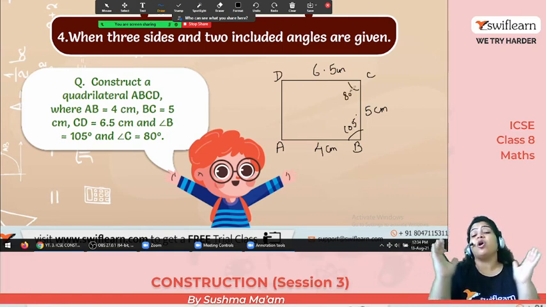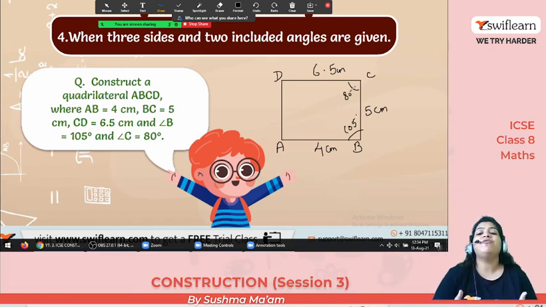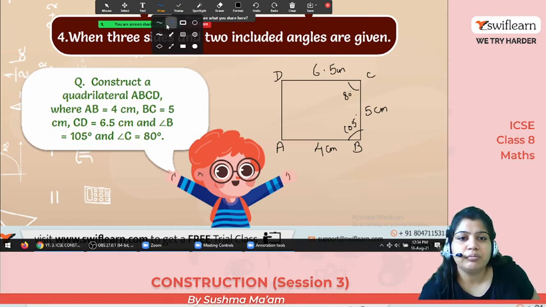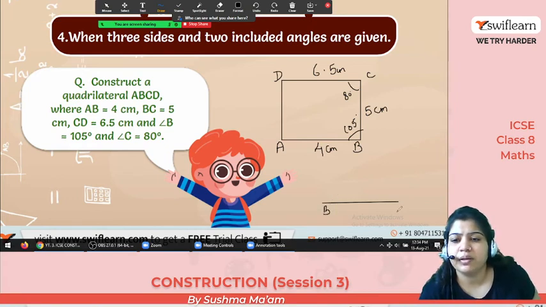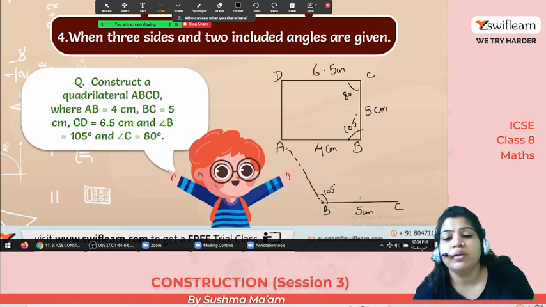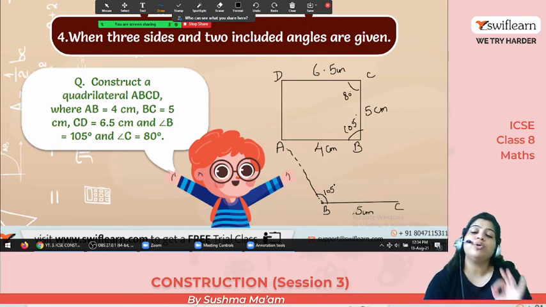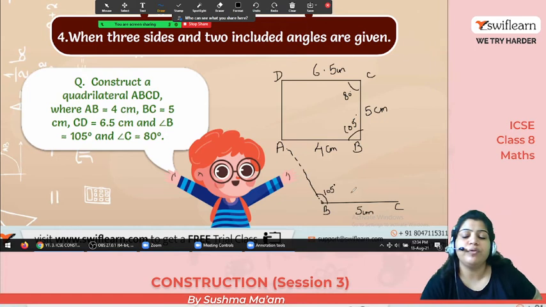Now I told you always take a base where the base has the angles. Okay, so that will be helpful for you. So what you have to do, I'll just give a short idea to you. Let's start from here, BC, because the base has two angles. Now this length is 5 centimeter. And now with B as a center draw an angle of 105. Okay students, I already told you how to construct angles. You don't know the length, but I'll tell you later.